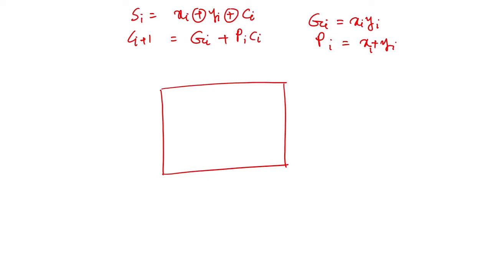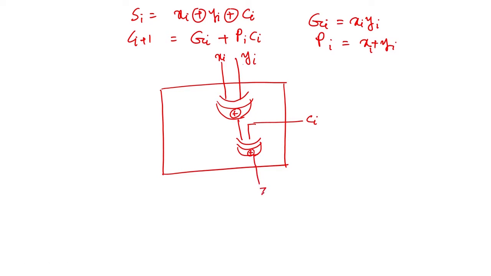Okay. So, let us say we have x I, we have y I, then what we should do? We have XOR, and let us say this is C I. Okay. So, this is C I. So, instead of a one-input XOR, we are putting a 2-input gate. So, this will give you Z I.